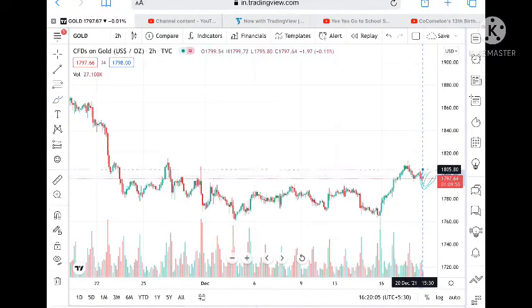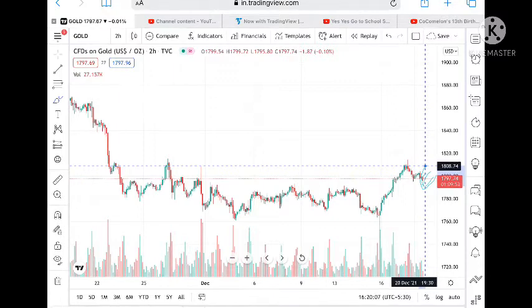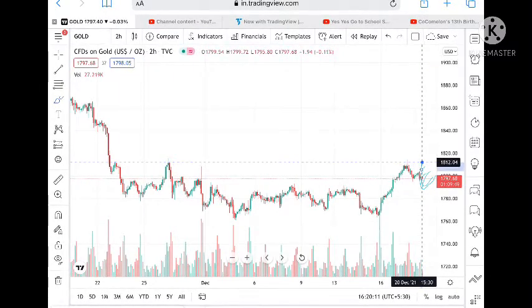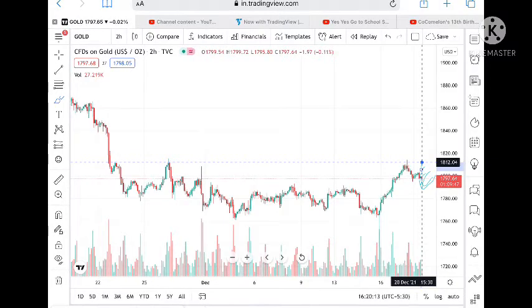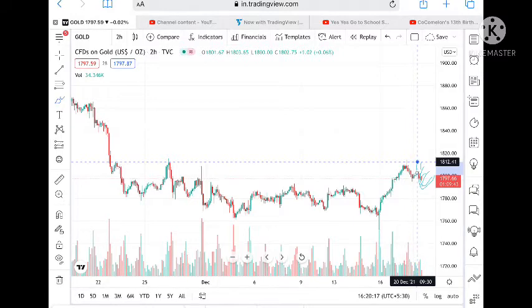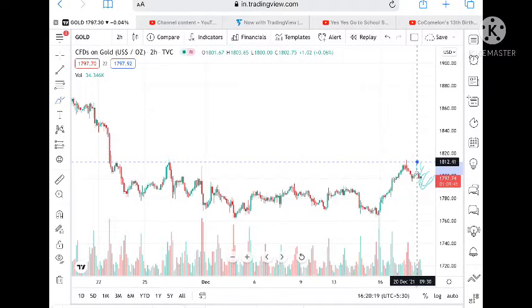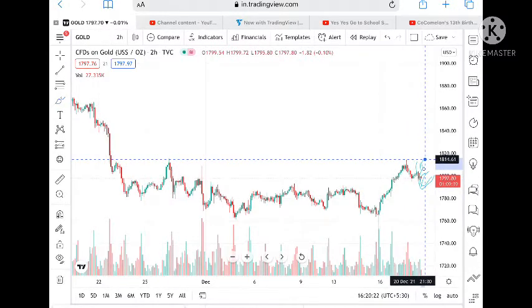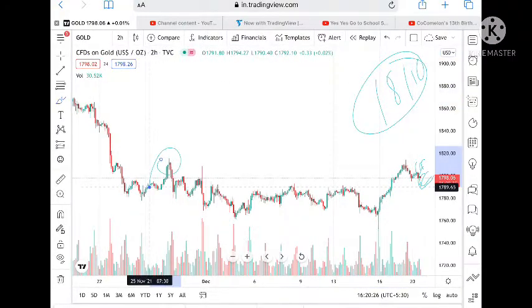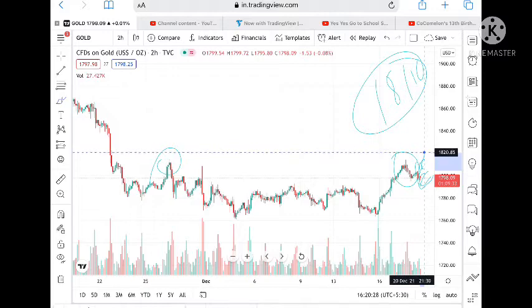Suppose the price sustains above this level, then we can see it can go and touch a level of 1808.37. If the price goes above this level, then we can see it can go and touch a level of 1812. Okay, suppose the price sustains above this level, then we can see it can go further high to a level of 1812.41, and from there further high to a level of 1814.61. Okay, and this level is already tested here twice, so chances will be very high we can see a level